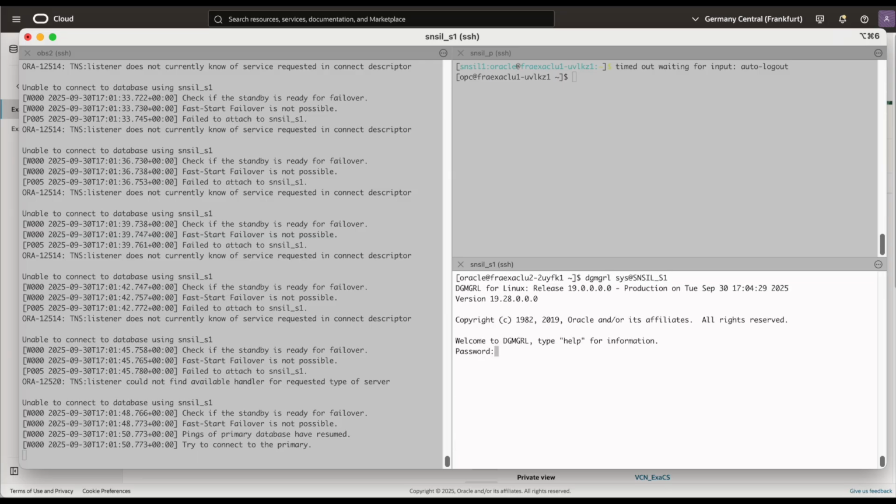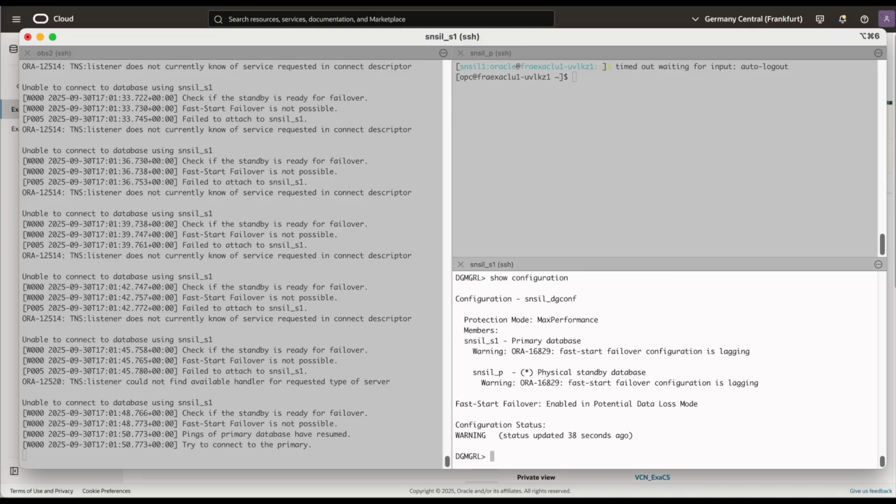Once the primary is available, pings to the primary database from the observer will resume. You can monitor the Data Guard for lags.